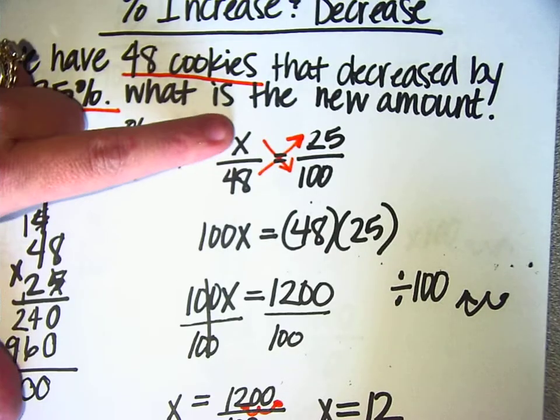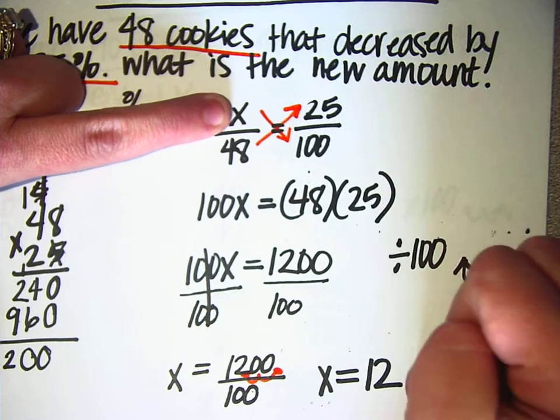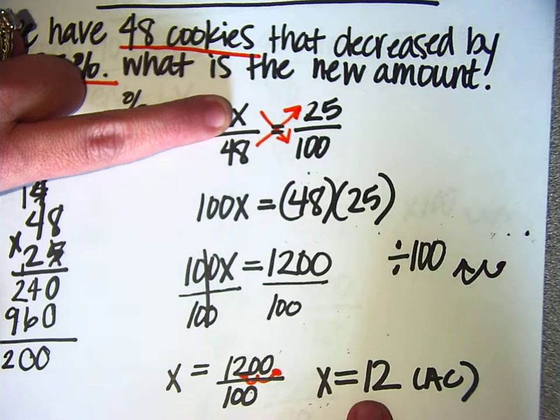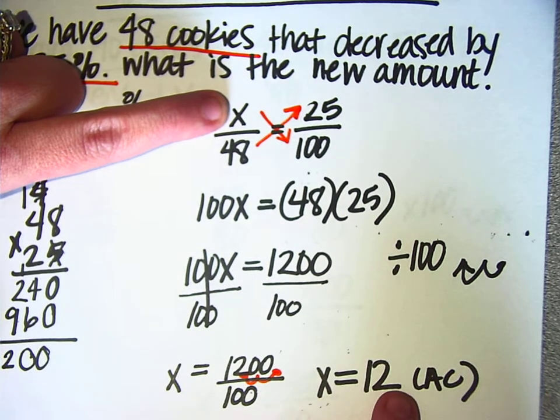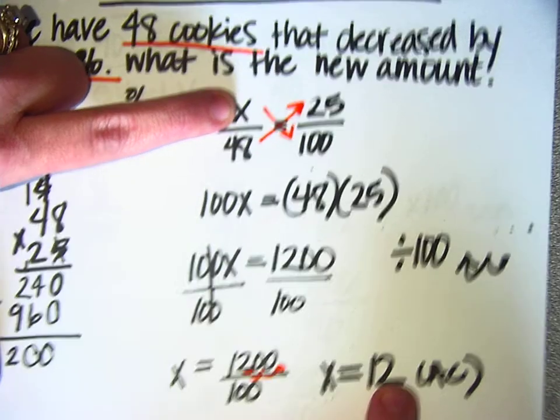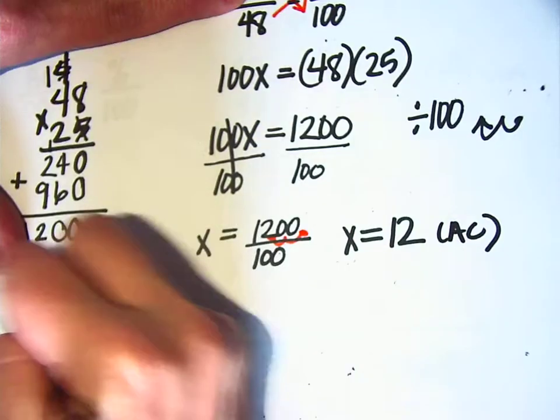So remember, we're looking for amount of change. So this is my amount of change. Okay? So now what we have to do is figure out how many cookies I ended up with after my husband ate 12. So in order to figure out your new amount,